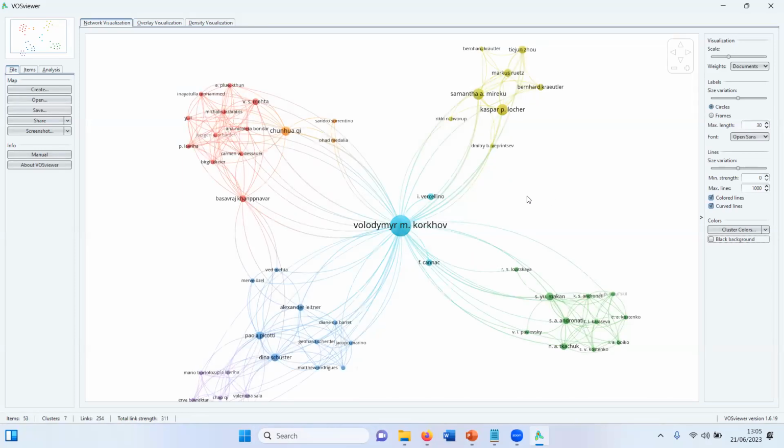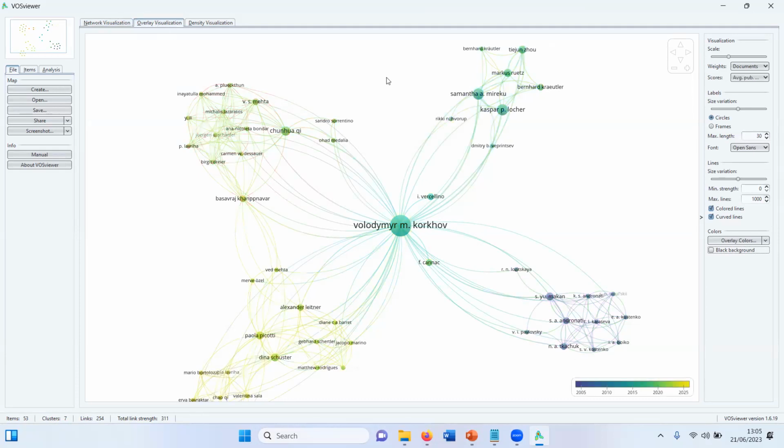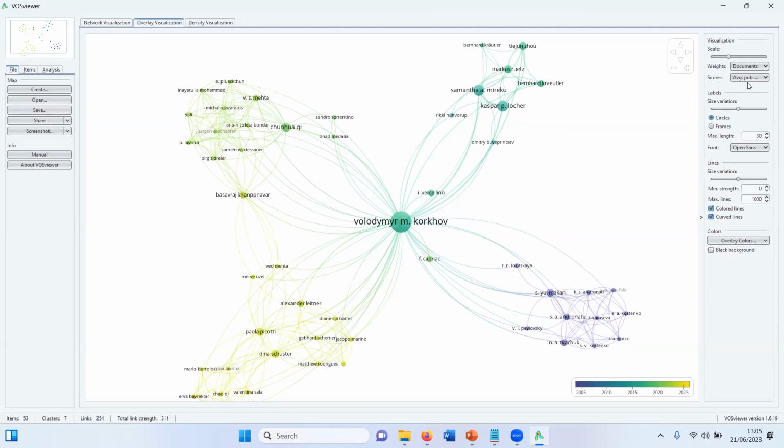So this is a basic overview over the research network. I can display more information, which I find very interesting. When you go up here to overlay visualization, you can get a new coloring method. So before it was just clusters of interconnected authors.